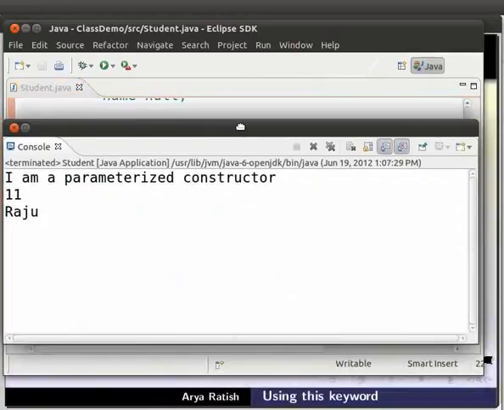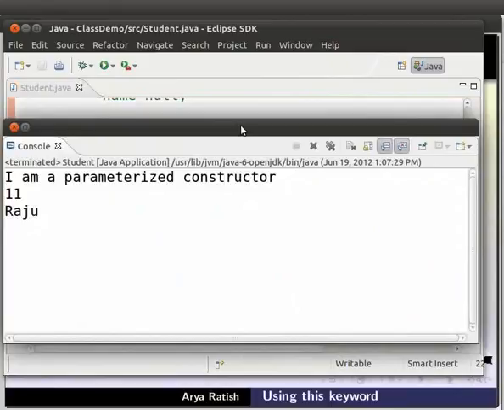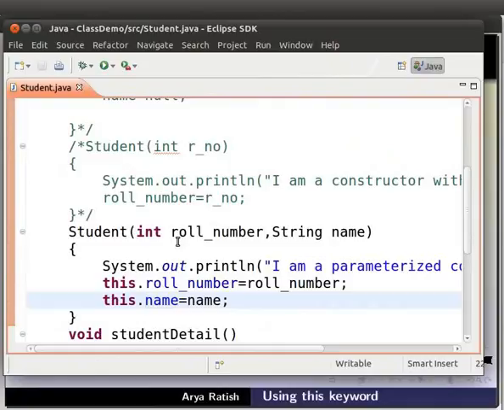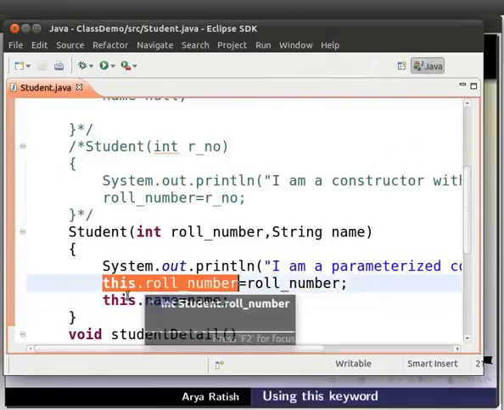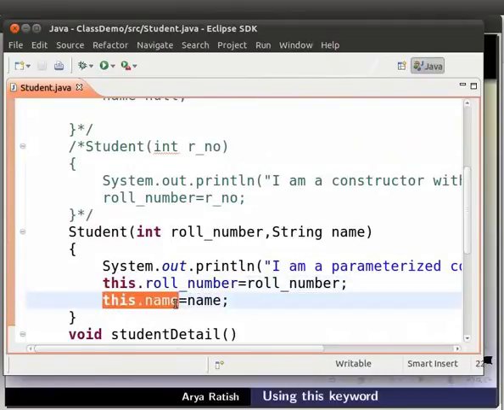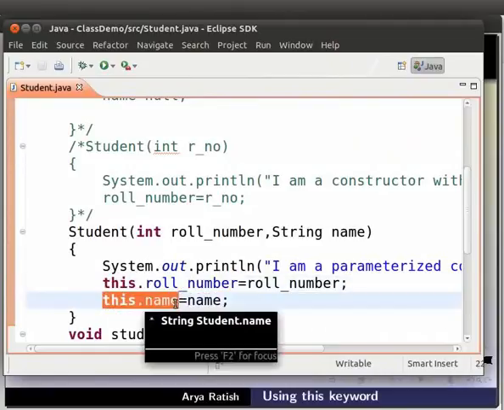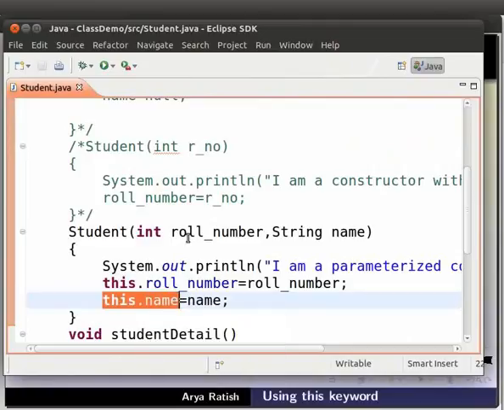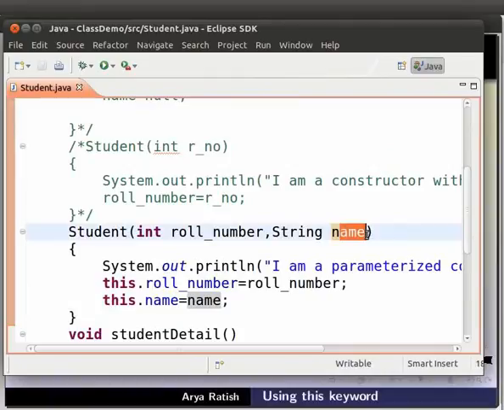We get the output as I am a parameterized constructor Levin and Raju. This is because this.roll_number and this.name refers to the instance variables roll_number and name. And here roll_number and name are the arguments passed in the method. To avoid conflicts between local and instance variables, we use this keyword.